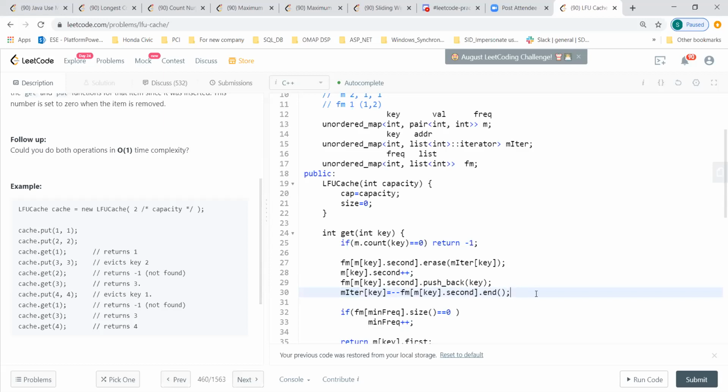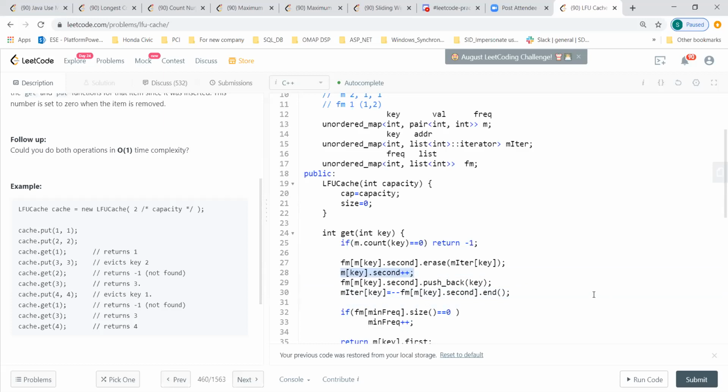Okay. So basically, he's storing this particular element at the back of the list, right? Every time he just picks up and pushes that to the back, but actually the frequency is increased, right? So therefore he has to put it in a different bucket.